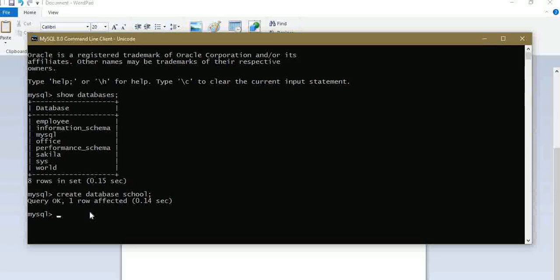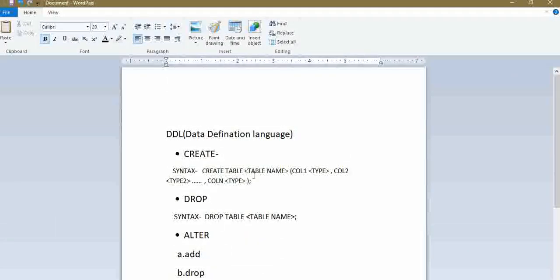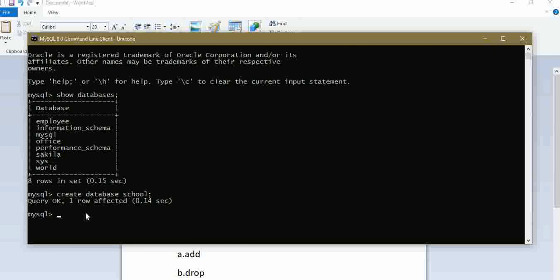So you have to create a student table. To create a student table, we have to use the syntax create table. The name of the table is student, and then the parameters, column 1, what will be the columns, the fields of the table. So roll number, name, marks will be the fields of the table. So let's write the syntax.